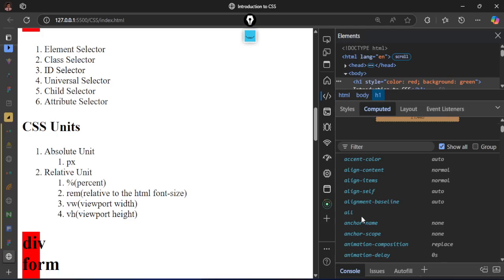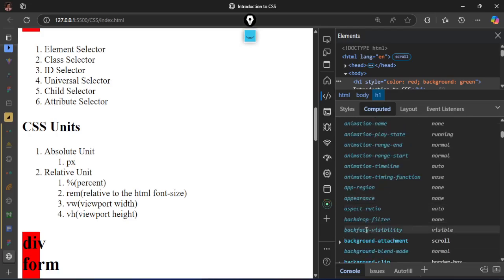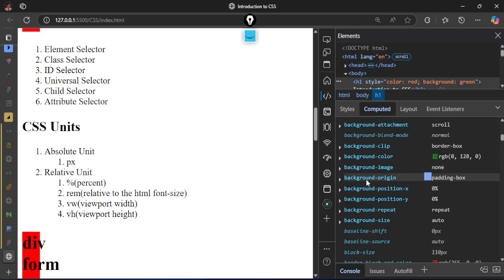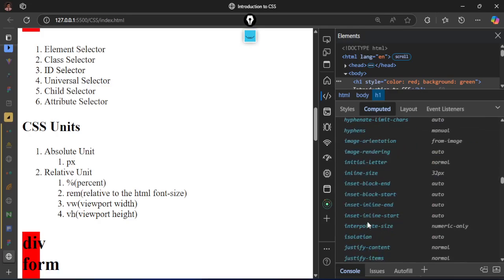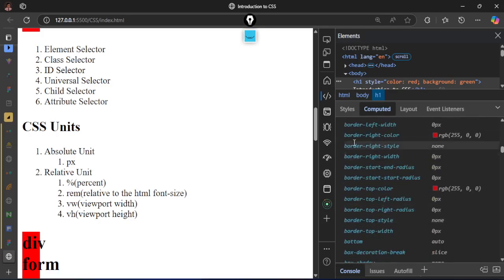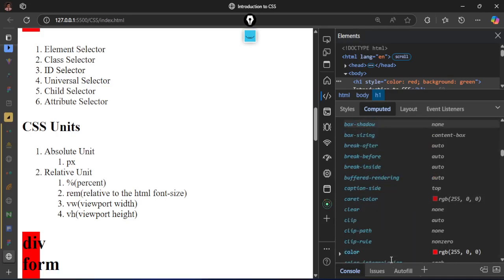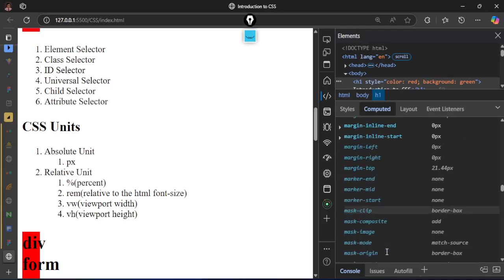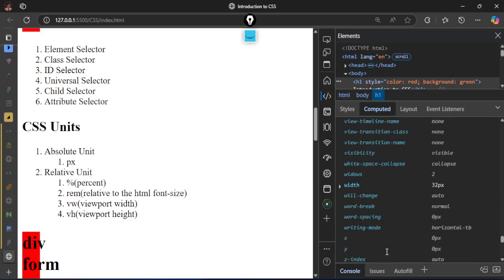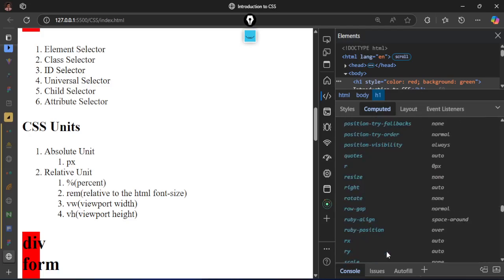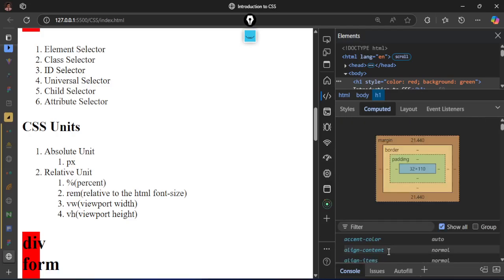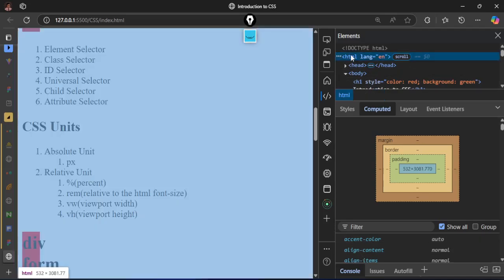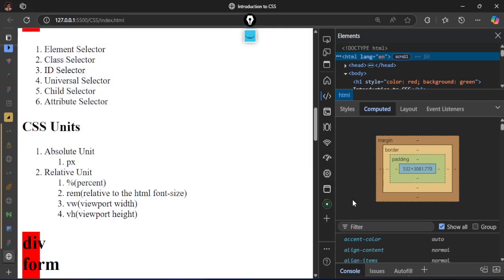You can change the accent color, you can align, you can change the aspect ratio. As you can see, you can set background color, you can set background image, background origin. Can you see there's a lot of properties, but some of them have default values. As you can see, the border and whatever, it has the default value that the browser is using for some of them. These are different properties you can change on that element. So the same way I click on this H1 to see the property, I can click on this HTML to see whatever the browser is doing on it